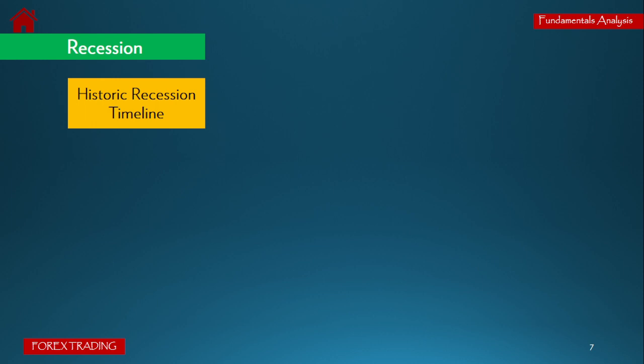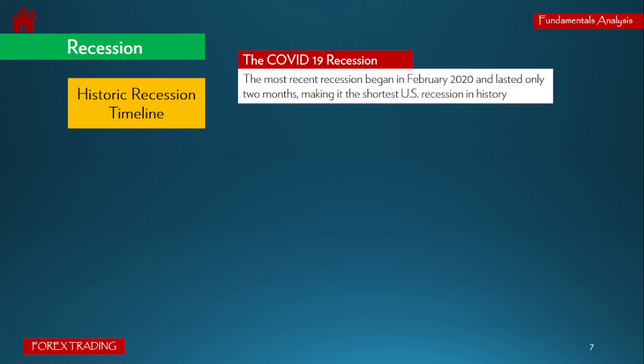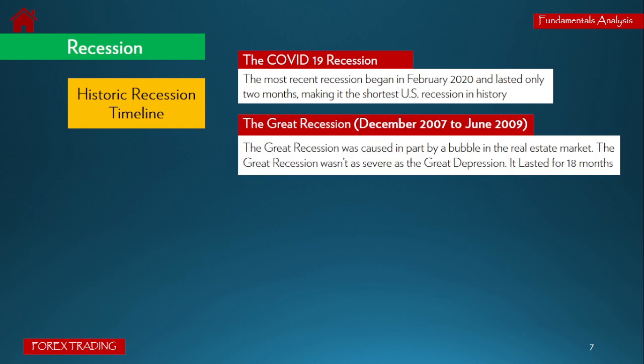So what is the historic recession timeline? We see just recently the COVID-19 recession. The most recent recession began in February 2020 and lasted only 2 months, making it the shortest US recession in history. And before that, we had the Great Recession from December 2007 to June 2009. It was caused partly by a bubble in the real estate market. The Great Recession was not as severe as the Great Depression, and it actually lasted about 18